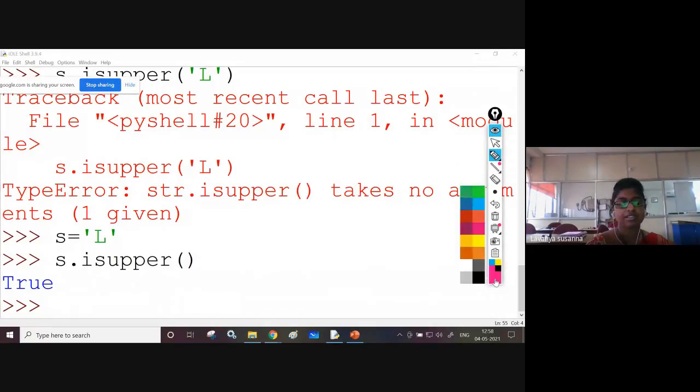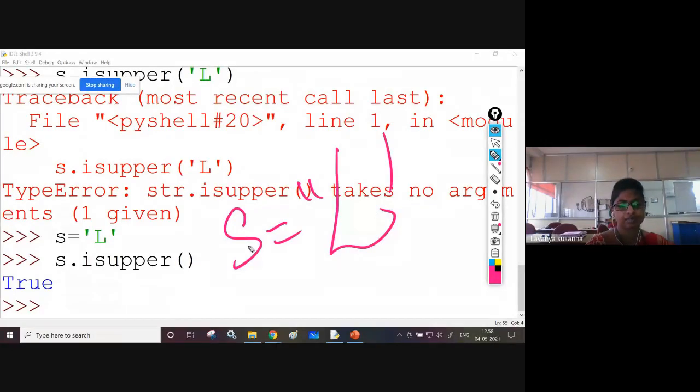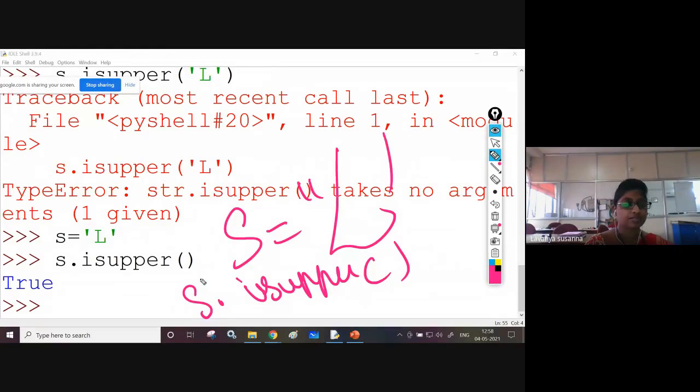See, if you want to find whether a given character is uppercase or not, here S equal to, I have given only the capital letter A, a single character. Now S dot isupper is going to find whether it is an uppercase letter or not. Whatever is present in S, you need to give a single character, not a string. If you give a string, you get some error. S equal to single character capital L, S dot isupper. You are getting True, yes. L is a capital letter, right?